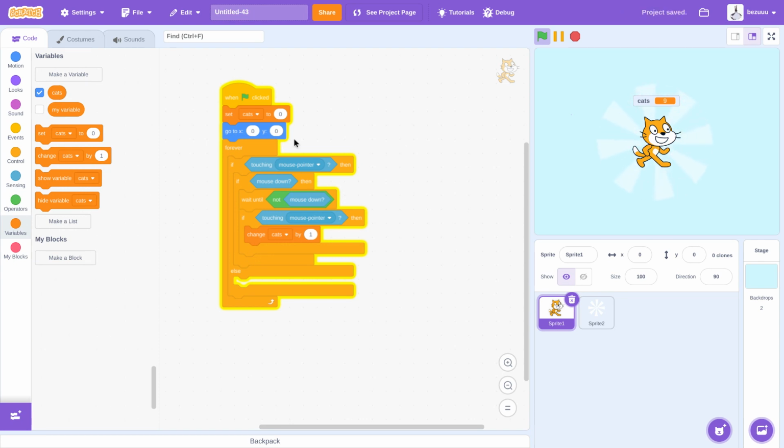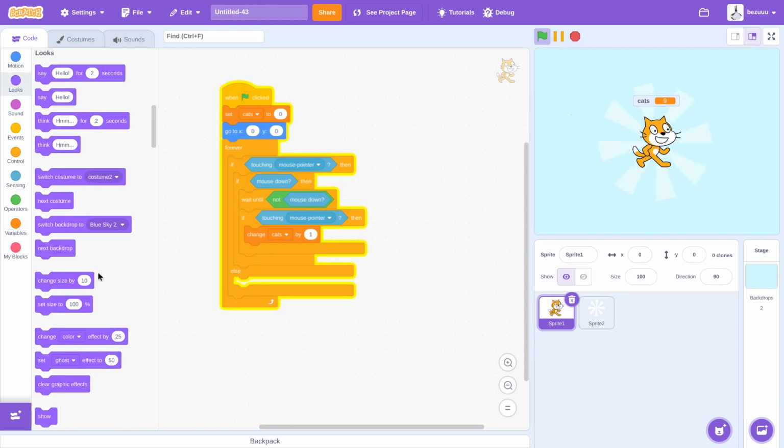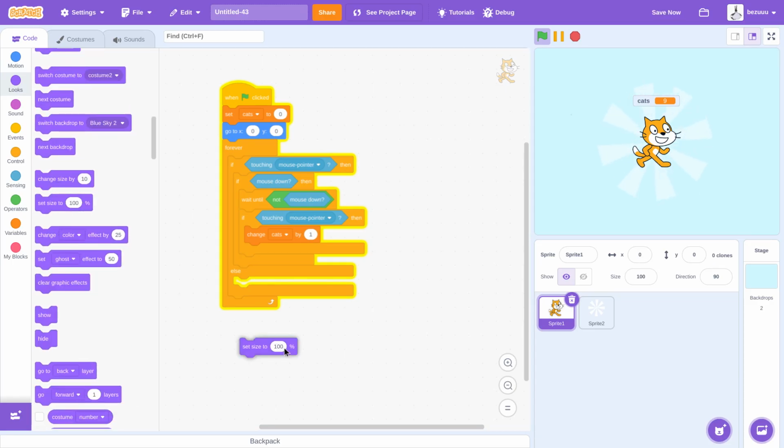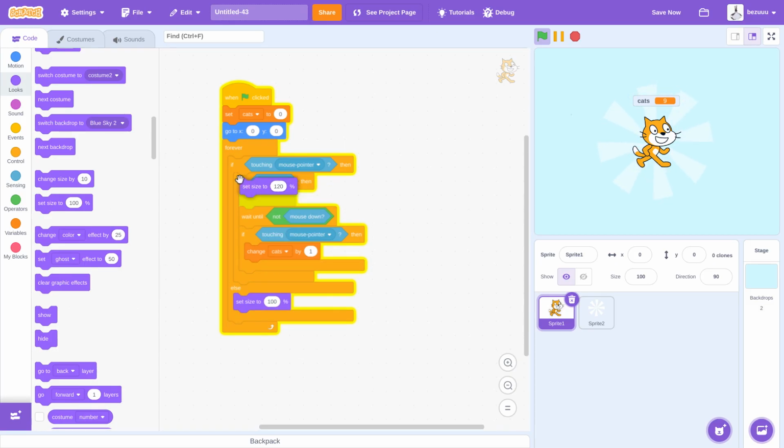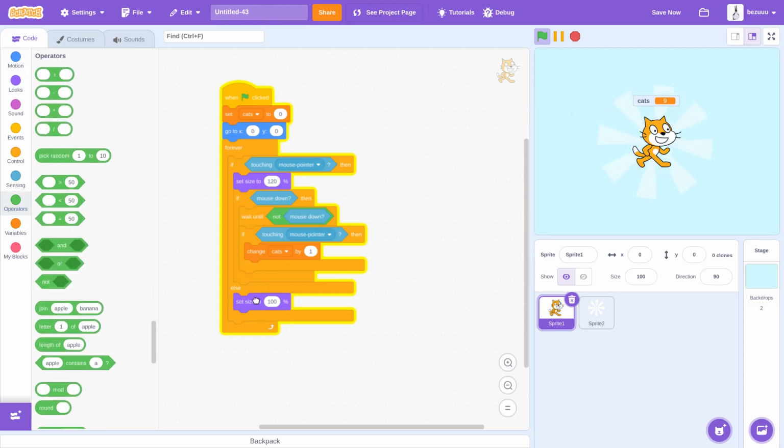So now it clicks, but the size. This is the whole reason we need it. So some people, they do this. They set size to 120 or any number. It's just not smooth at all. It's choppy. It can glitch out. See that? So what you're going to be wanting to do is getting a plus